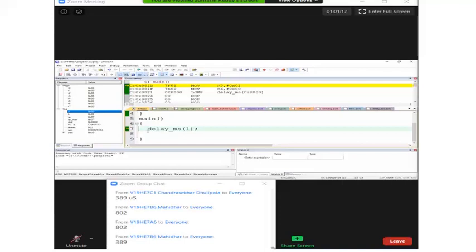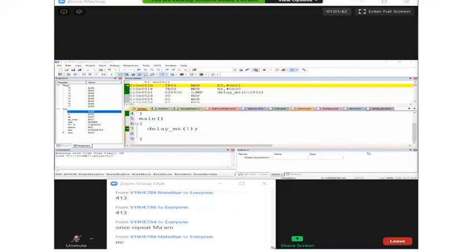After completing the delay function execution, it is 802. So how many machine cycles has your delay function taken? Very good. So that is 802 minus 389. But is it sufficient for us?